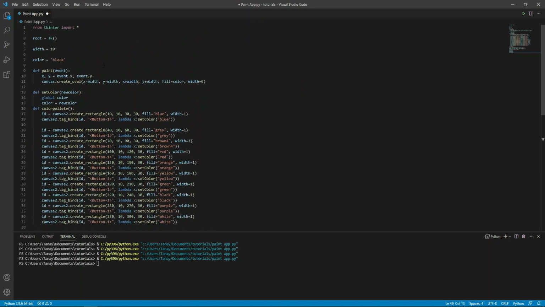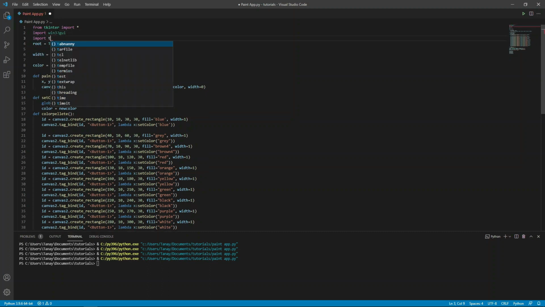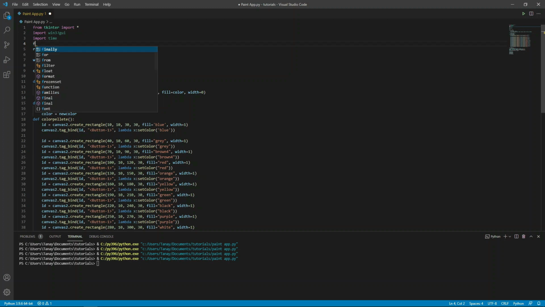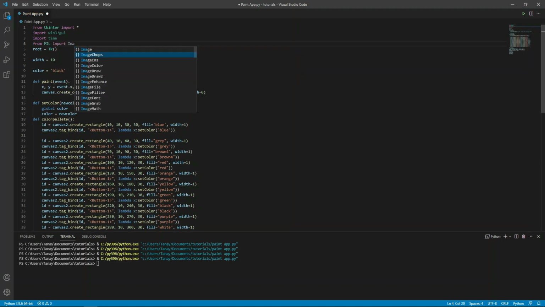Now both libraries are installed. Let's import them. Import win32gui, import time, from PIL import ImageGrab.